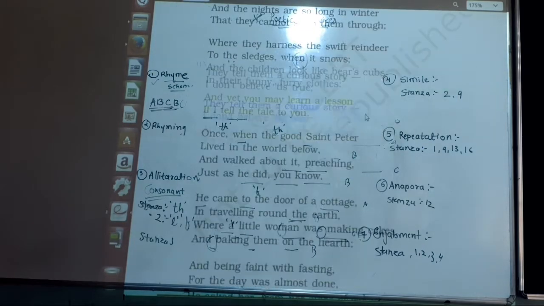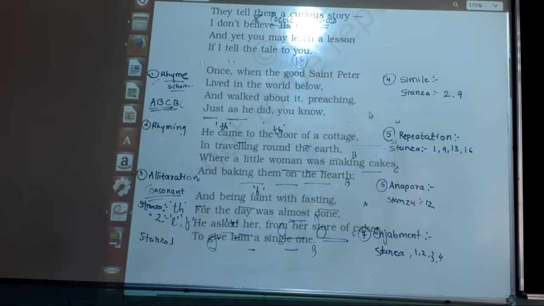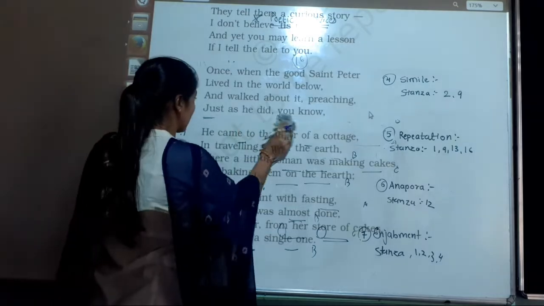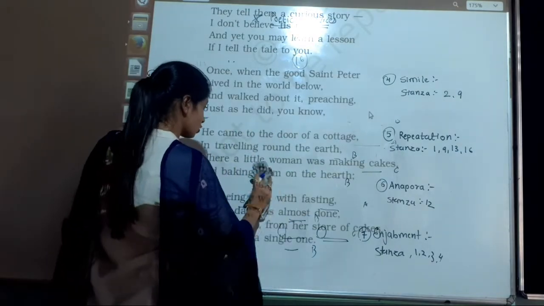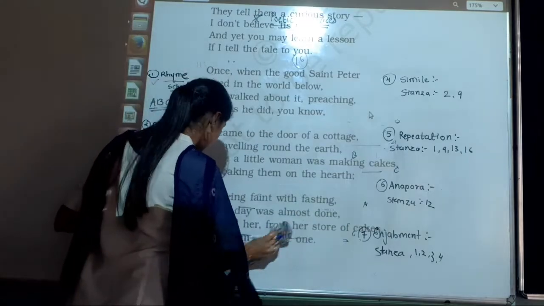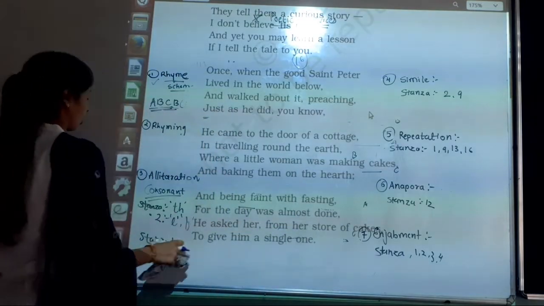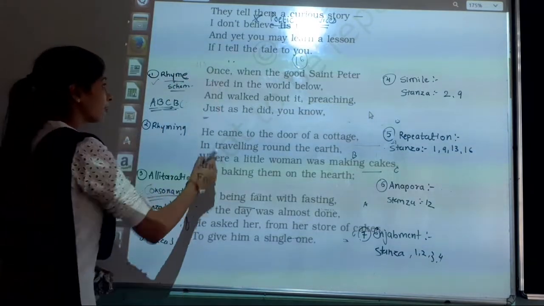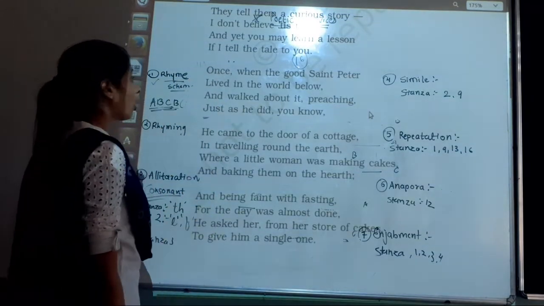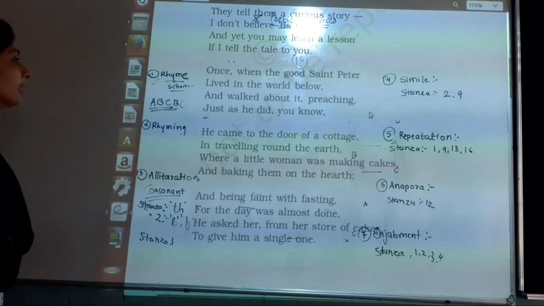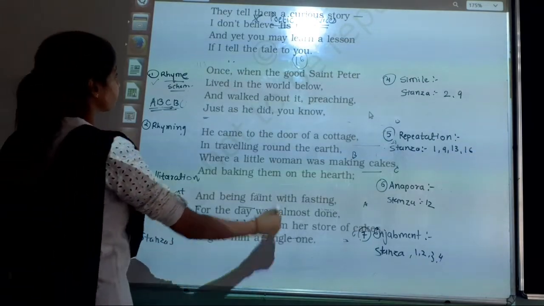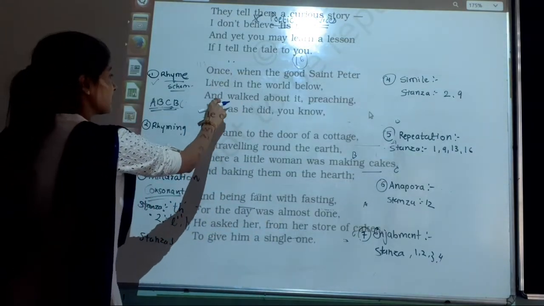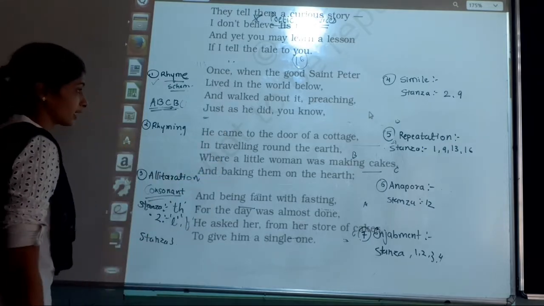See first 2, 3 and now we'll see the 4th, 5th and 6th stanza examples of alliteration. So students please concentrate on it and copy all these words in your CW. So stanza number 4, which is the example of alliteration. Here we'll see, in this fourth stanza it is not given.